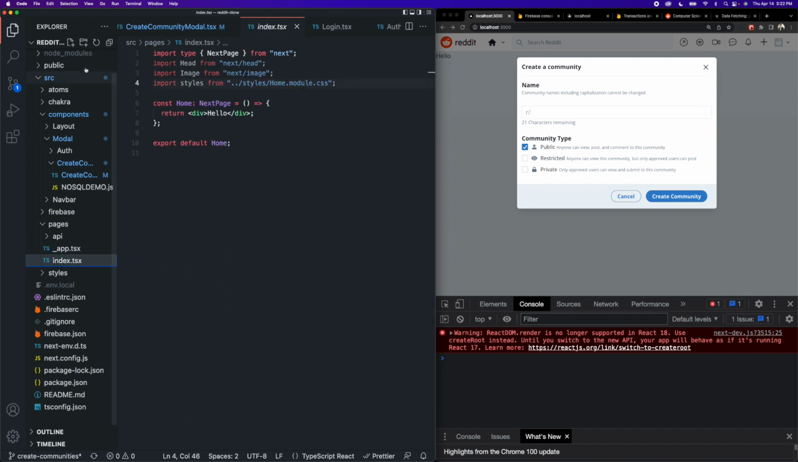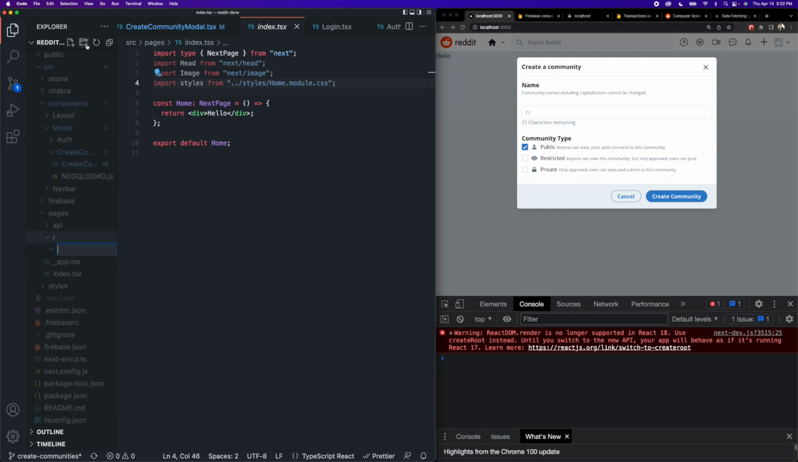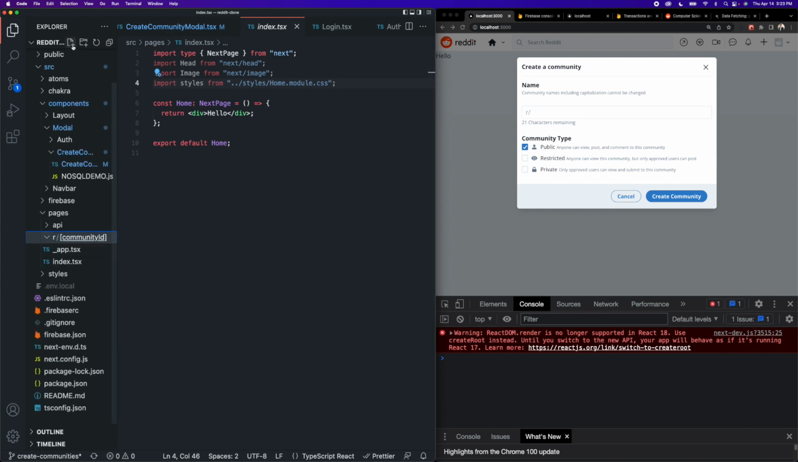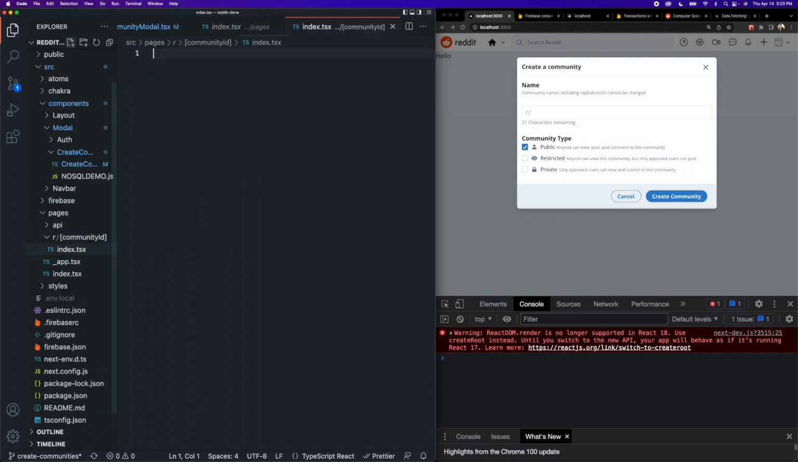So inside of pages, we need to create a folder called r. And then inside of r, we need to create another folder called community name. But this community name is going to be a dynamic route because the route changes. It could be computer science, it could be reading, it could be baking, it could be Tesla. So it is dynamic. And the way to do dynamic routes in Next.js is to put square brackets around it. And then inside of these square brackets, we put the name of the dynamic variable. In this case, the dynamic variable is community ID. So we're going to say community ID. And then inside of this folder, we can create a file called index.tsx. So we can access this index route by going to localhost